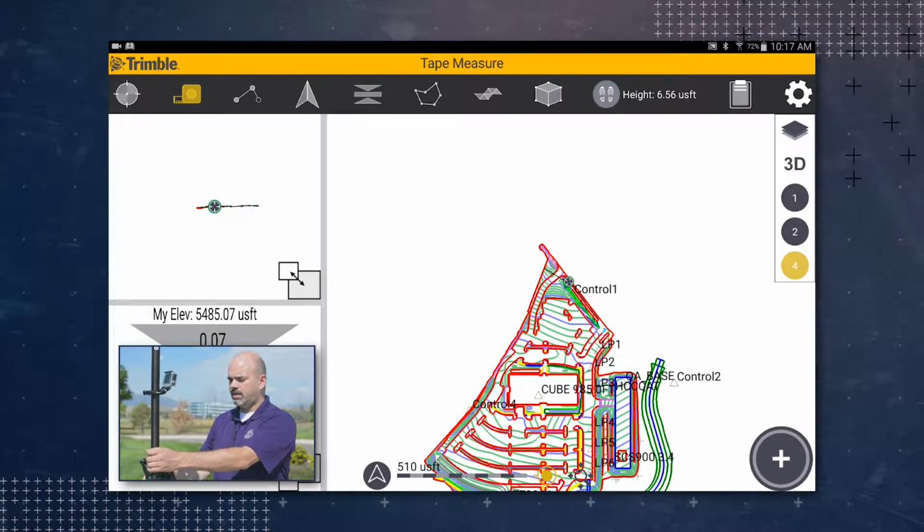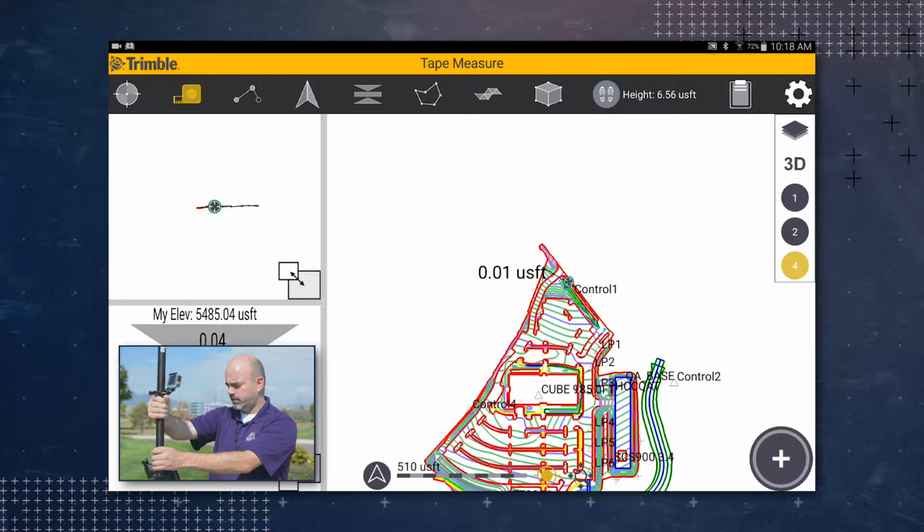We are currently in standing mode, so you'll notice a plus icon in the lower right-hand corner that you can take a measurement with. So we're going to start here at the edge of the sidewalk and take our first measurement by tapping on the plus icon. You'll notice that there is instantly a reading on our screen in the middle, showing us the distance from that